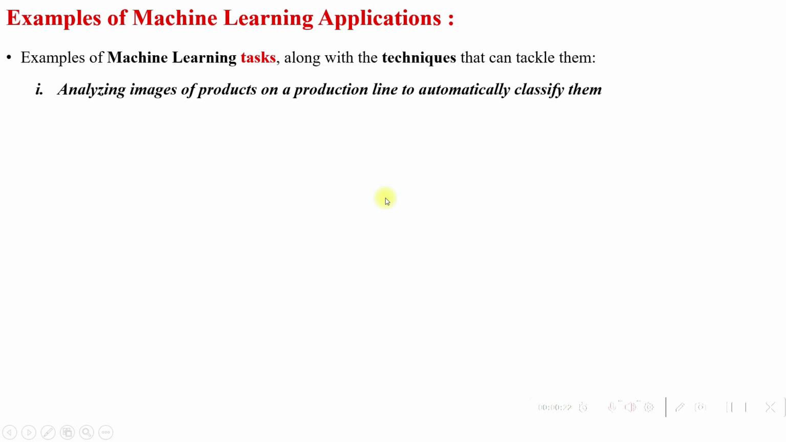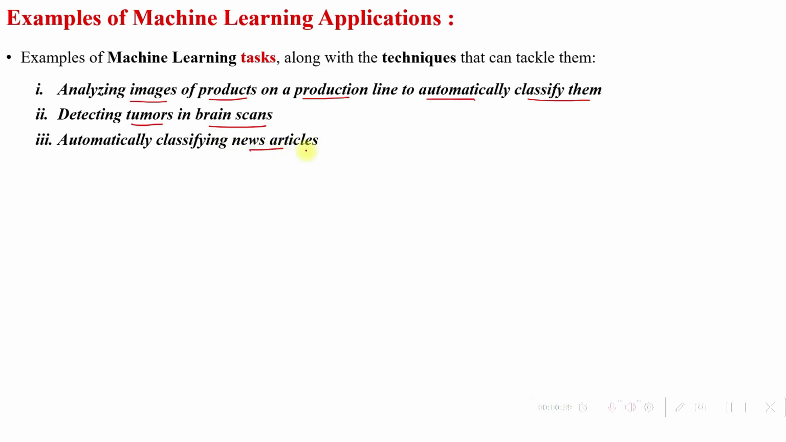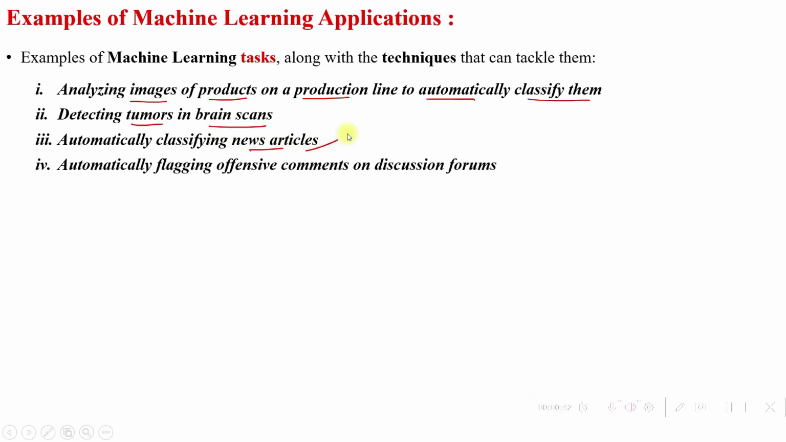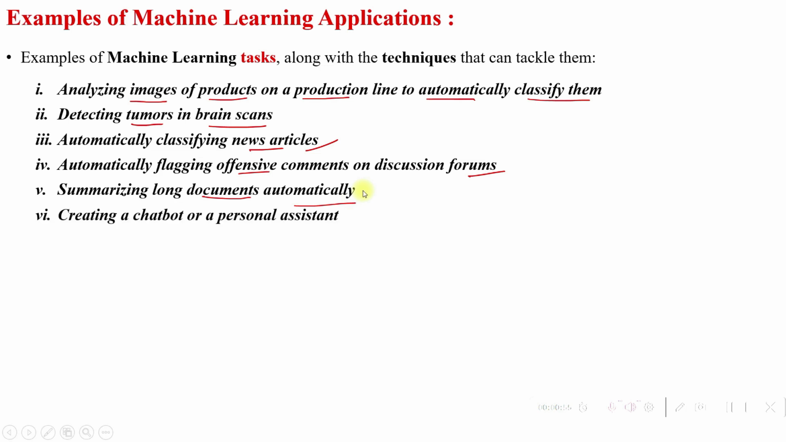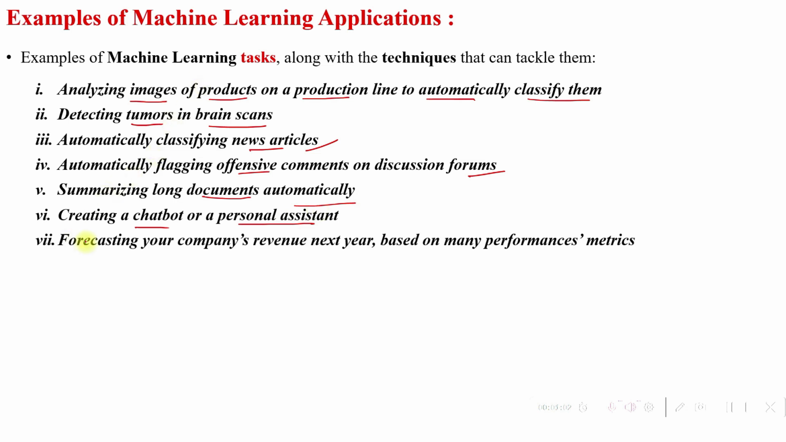The first application is analyzing images of products on a production line, automatically classifying them. The second application is detecting tumors in brain scans, automatically classifying news articles, automatically flagging offensive comments on discussion forums, summarizing long documents automatically, creating a chatbot or personal assistant, forecasting your company's revenue next year based on many performance metrics,